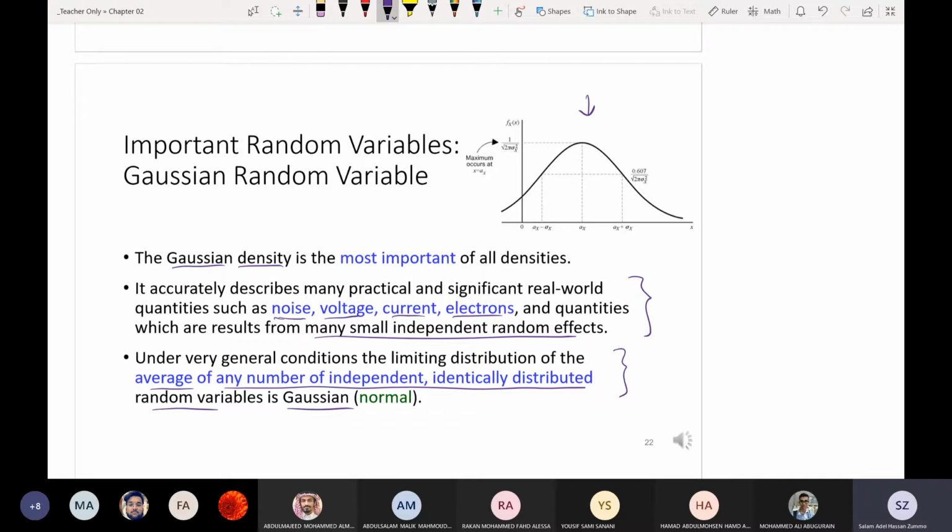When you discuss noise and others, it is always Gaussian, even if you look at the grades distribution in large sections or in well-known national exams, القياس القدرات التحصيلي and so on, كلها تلاقيها مثل looks like this, a Gaussian random variable or Gaussian distribution or Gaussian density. Okay? And because of that, we'll pay more attention to it than to others.